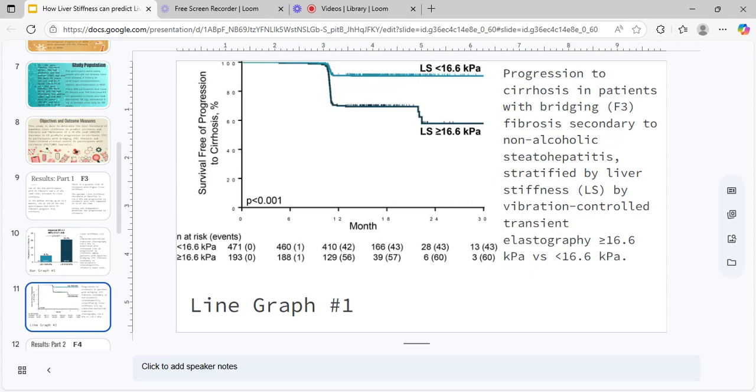And here's a line graph, just showing the progression to cirrhosis from fibrosis and liver stiffness. Again, with this bridging fibrosis secondary to NASH, stratified by liver stiffness by vibration-controlled transient elastography, that is less than or equal to 16.6 kPa versus greater than 16.6 kPa. As the months went by, there was a major decrease in the less than or equal to 16.6 kPa group compared to almost the flatlining of the greater than 16.6 kPa group, which is very interesting because I also wish that